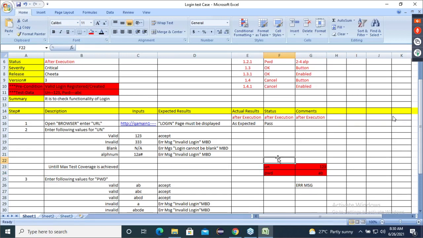Whatever username and password you are entering, you entered it in the login page. You just entered it, but that username and password is not there in the database. So you are entering your Facebook logins, your Gmail logins, your Twitter logins. All these logins, before entering them, were they registered or not registered? Correct. All those usernames and passwords were registered.